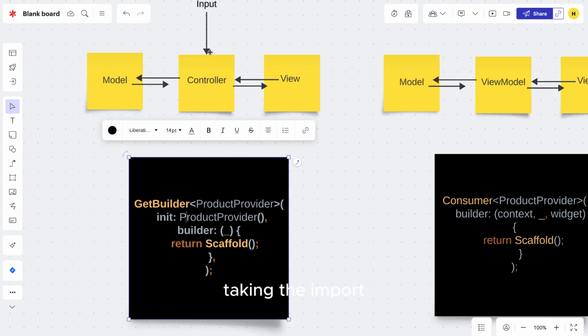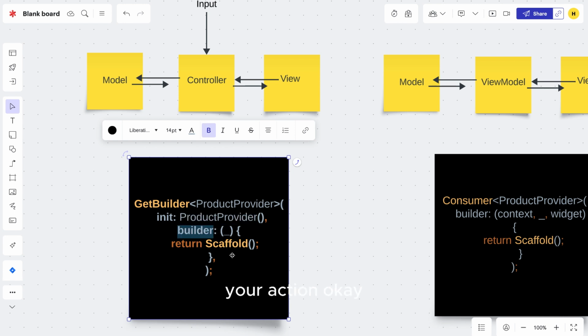So we are just taking the input automatically into the controller. Are you getting me? I'm just saying that if we are moving from one screen to another, like from product to product detail, product basically goes to the product detail view, and the product detail view calls the product detail controller by initState. initState renders first and completes, then the builder runs. So the controller runs first, and then the view builder will perform